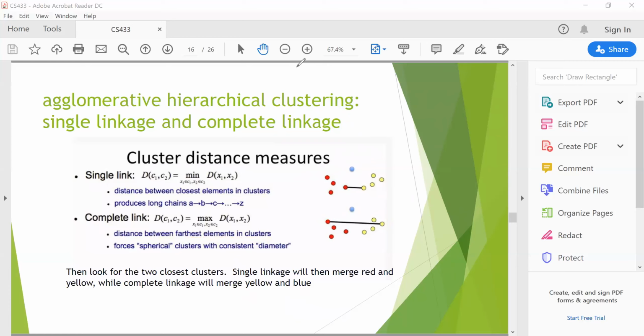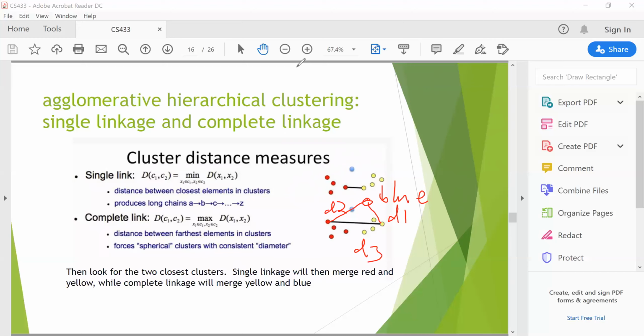So anyway, these are the two furthest distance. And suppose I have another blue one, so this is also a blue dot. Then the furthest between the blue, this is D1, and between blue and the red is D2, and between red and yellow is D3. So the furthest among all